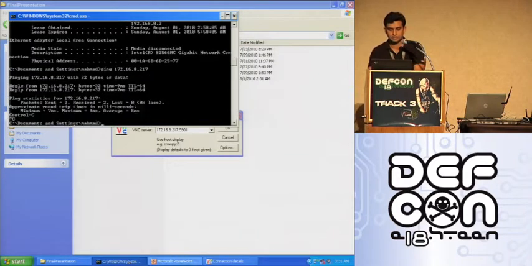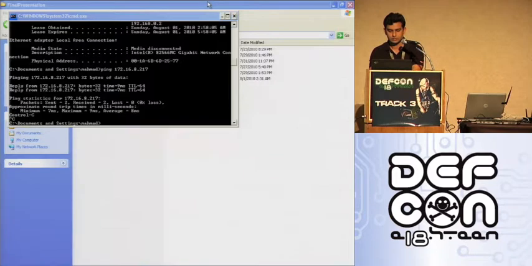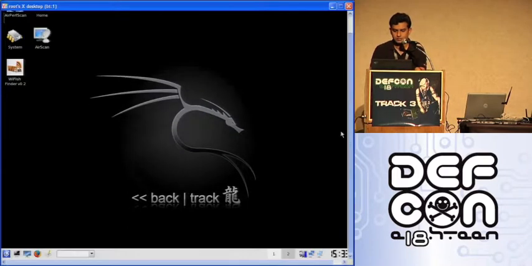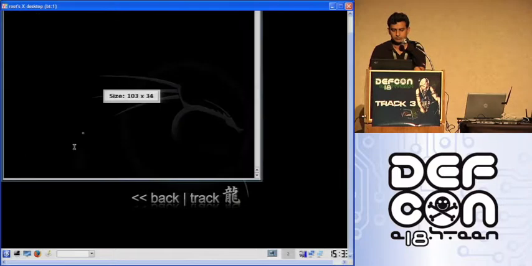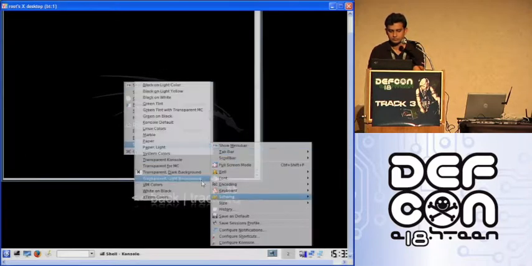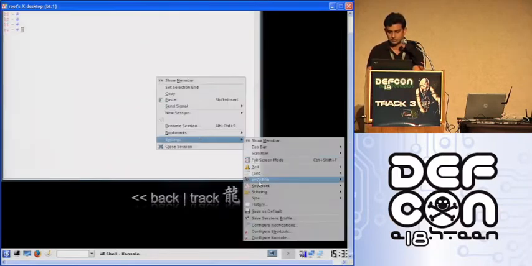Okay, so my machine is accessible, so we can access this. So this is the Backtrack running machine which I am going to use to launch the attack.